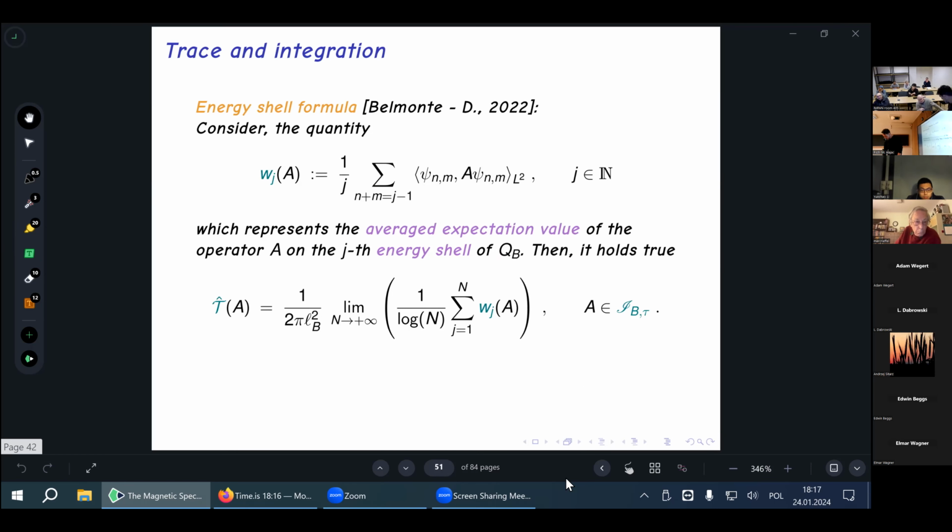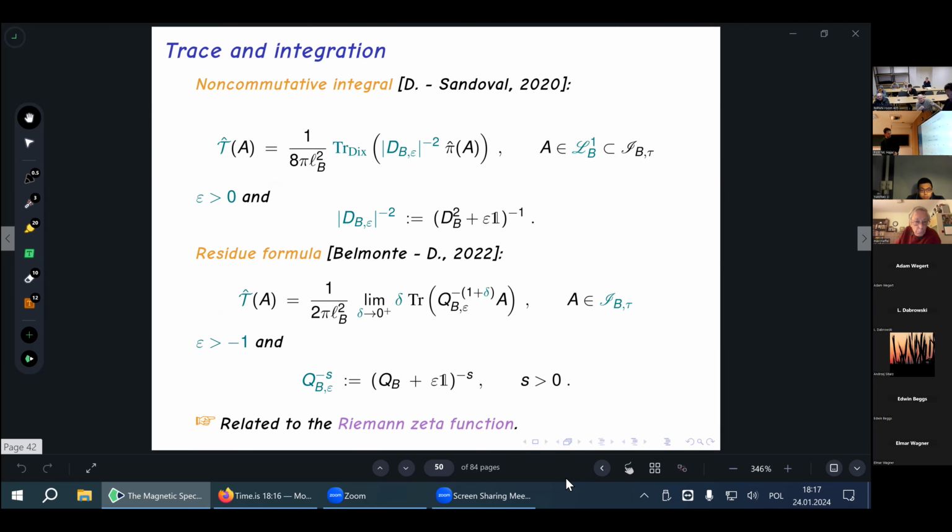Sorry, could you come back to the previous slide? So this residue formula comes from the Riemann zeta regularization. Is a form. Okay. But you know, there is